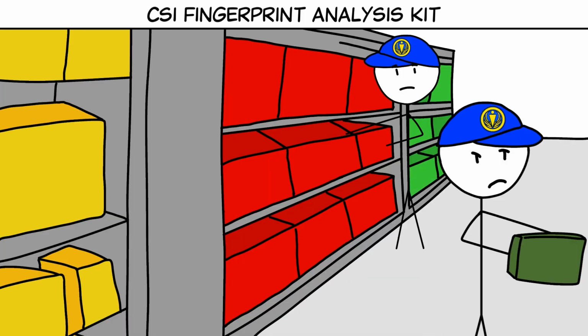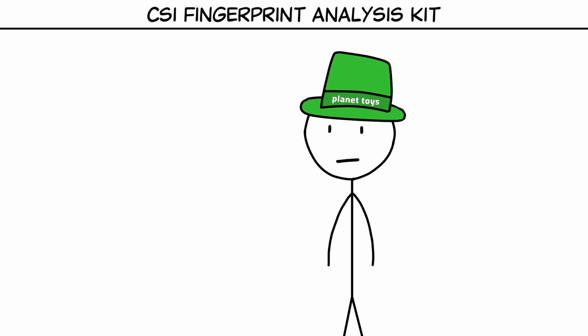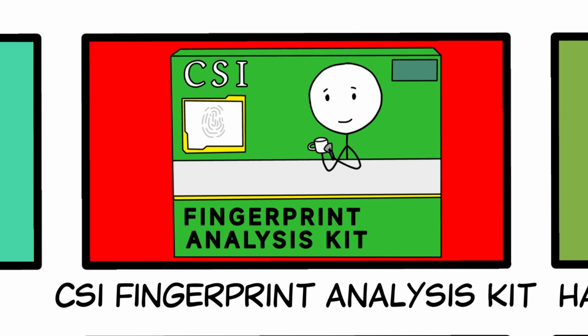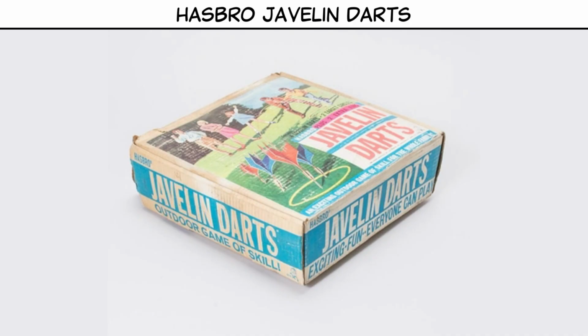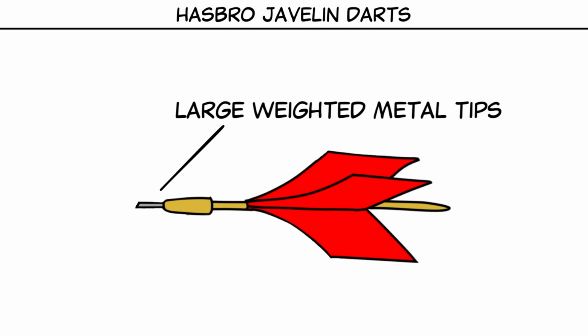Following the revelations, consumer safety groups pushed for immediate action. The US Consumer Product Safety Commission was urged to remove the product from shelves. The manufacturer, Planet Toys, initially denied the claims but later stopped selling the kit under growing pressure. Hasbro Javelin Darts. Also called lawn darts, these were outdoor toys featuring large, weighted metal tips designed to be thrown